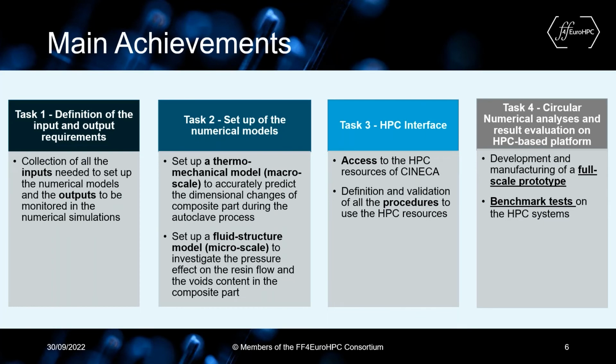The work plan of the experiment consists of 4 tasks. In task 1, the key results are the collection of all inputs needed to set up the numerical model and the outputs to be monitored in the numerical simulation. In task 2, the key results are the setup of 2 numerical models: a thermomechanical model on macro scale to predict the dimensional change of composite parts during the autoclave process due to residual stress, and a fluid structure